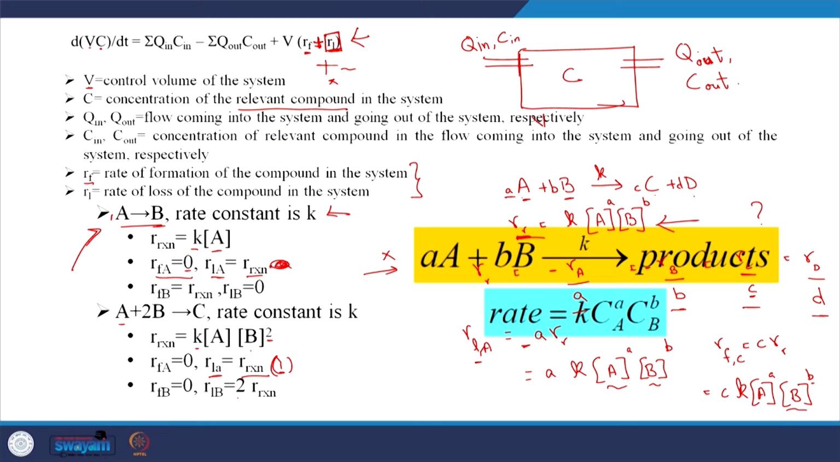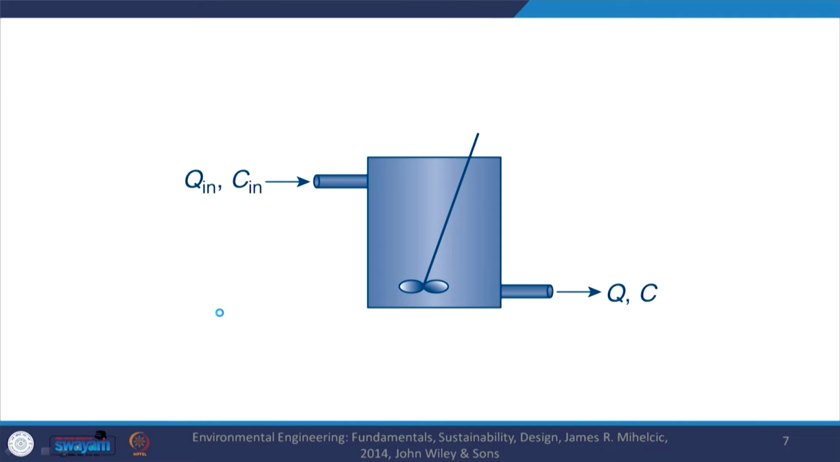rate of loss of B is the stoichiometric coefficient of B, which is 2 times rate of the reaction, and then rate of formation of C is equal to the stoichiometric coefficient of C, which is 1 times rate of reaction, and rate of loss of C is equal to 0 because as you see C is only being formed, it is not being lost. So, that is something that we have out here, and we looked at the case of batch reactor earlier, as